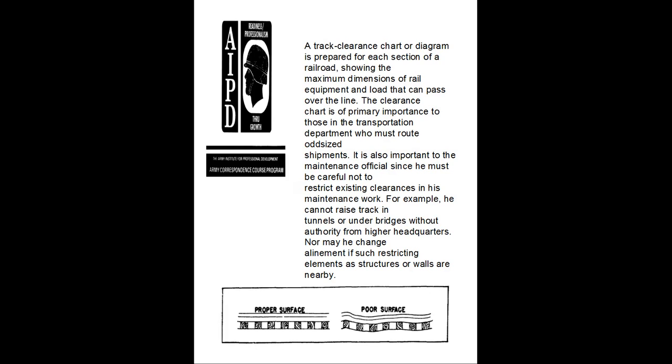A track clearance diagram is prepared for each section of the railroad, showing the maximum dimensions of the railway equipment loaded that can pass over the line. The clearance chart is of primary importance to those in the transportation department whose must route